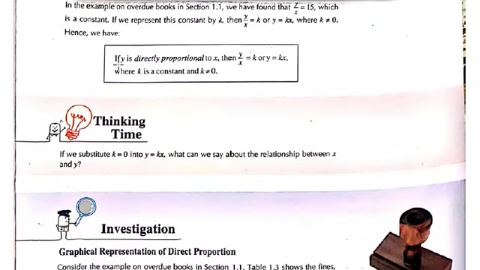If y is directly proportional to x, then y by x equals k, or y equals kx, where k is a constant and cannot be 0. Here one condition is given, that the value of k cannot be 0